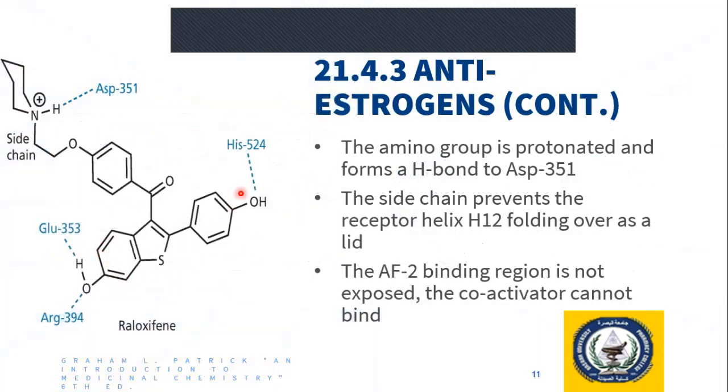The hydroxyl group will form a hydrogen bond with histidine 524, and the other hydroxyl group will form two hydrogen bonds, one with glutamate 353 and the other one with arginine